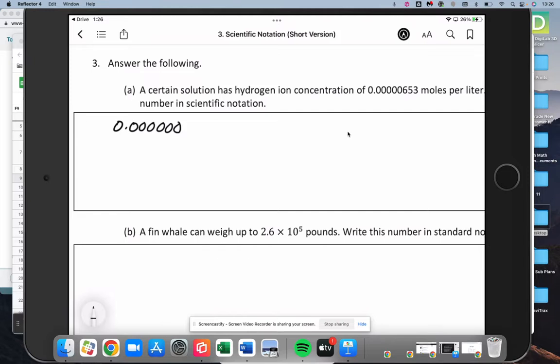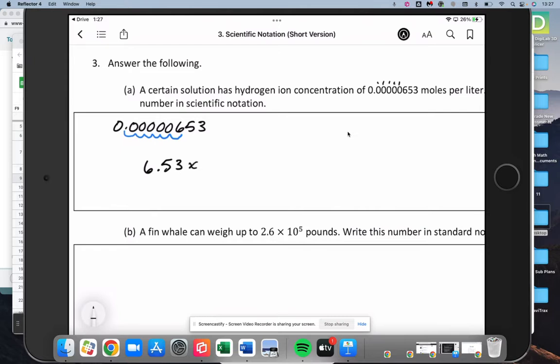0.000000. How many are there? I don't know. 1, 2, 3, 4, 5 zeros. And I have one too many. So that many zeros. 653. And so again, if you can count, you can do scientific notation. So 1, 2, 3, 4, 5, 6 places to the right. So we're going to have